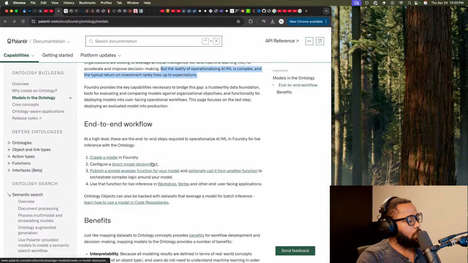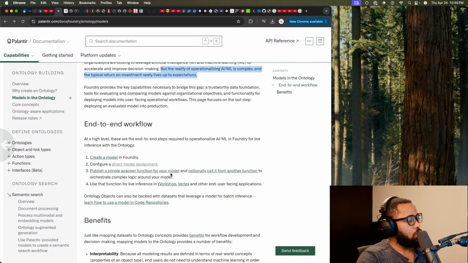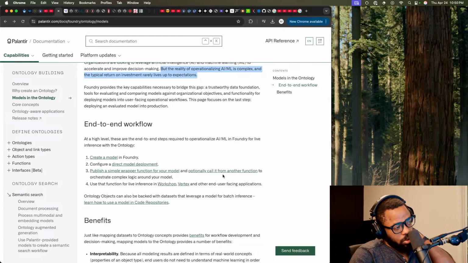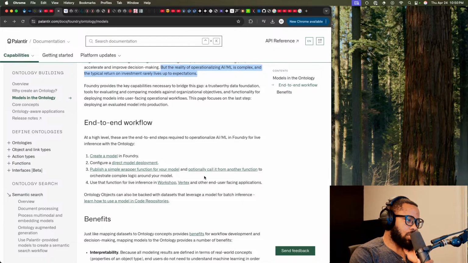Configure a direct model deployment. Okay. Publish a simple wrapper function for your model and optionally call it from another function to orchestrate complex logic around your model. Use the function for live inference in Workshop, Vertex, and other user-facing applications.